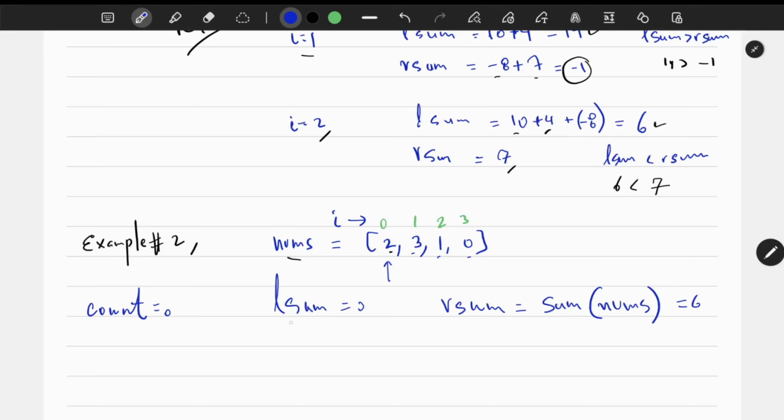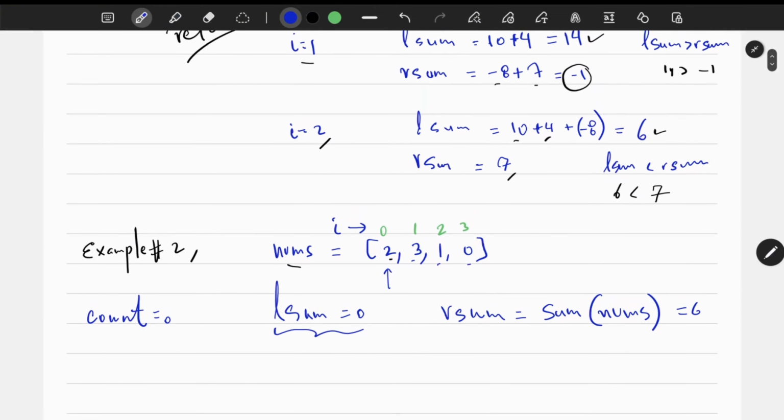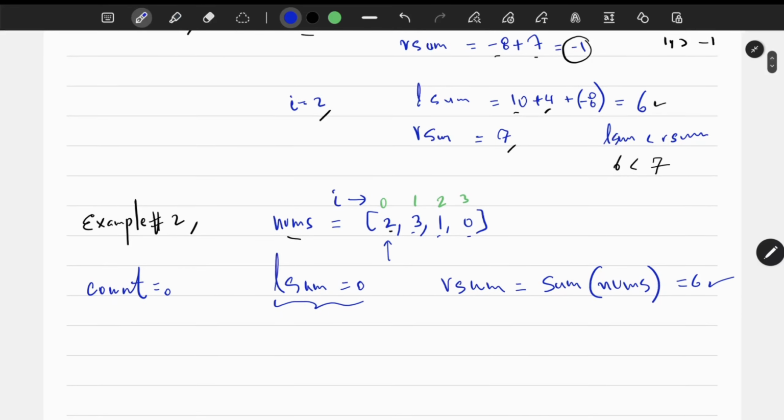We initialize the sum of the left elements to be 0 and the sum of the right elements to be the sum of everything, right? The sum of all, 2 plus 3 plus 1 plus 0, sums up to 6. What we do,